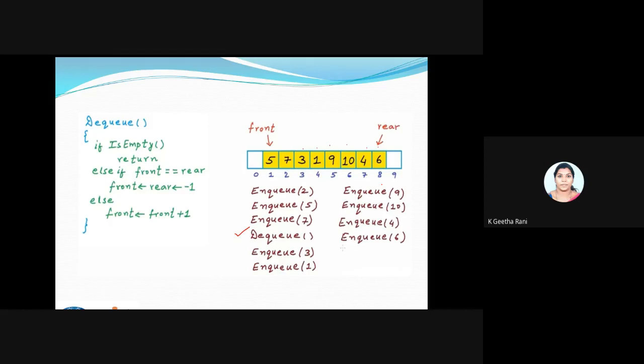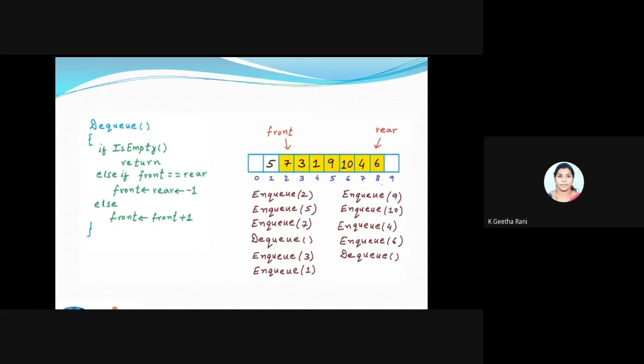Fine. So now I want to make clear, if I'm going to perform a dequeue operation, after enqueue of 6 I'm performing a dequeue operation. What happens here actually, for dequeuing I will just increment the front value. So front is equal to front plus 1 and this 5 won't be inside my queue. Right, the front index has been changed.